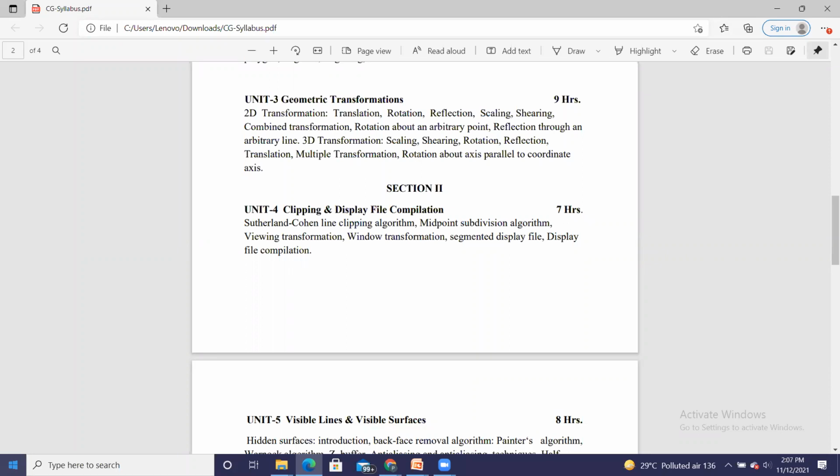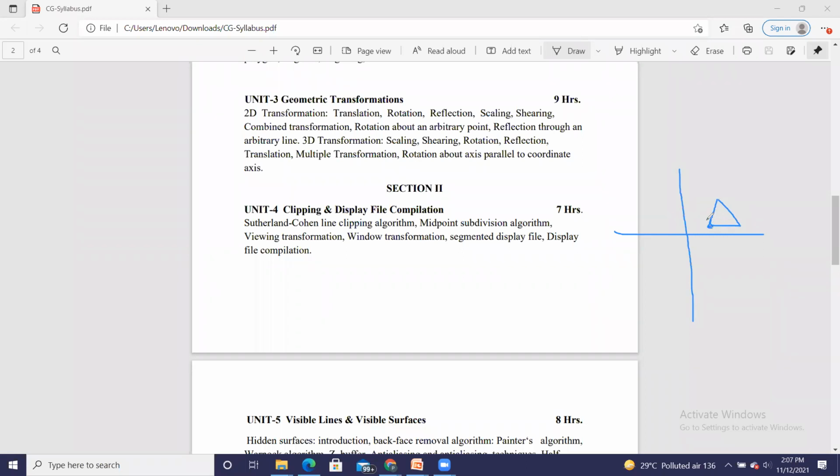That is very important. Consider that this is your screen. I am having this particular triangle, a 2-dimensional entity, and I want it to rotate by 90 degrees.